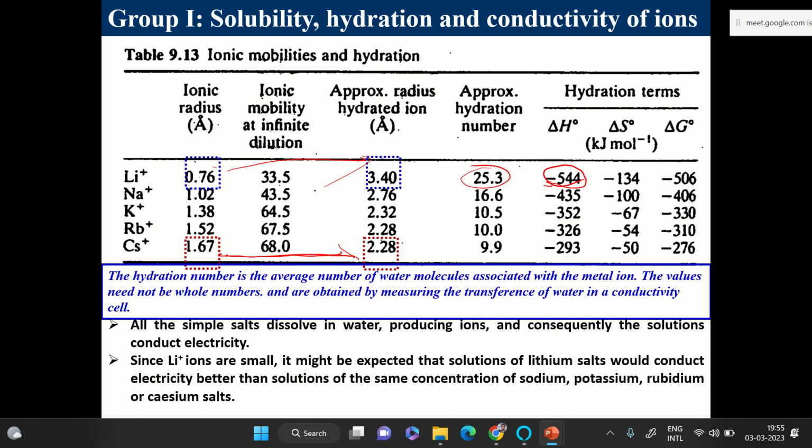So all the salts of group 1 dissolve in water and they conduct electricity. Lithium plus ions are small, and although we expect them to conduct better,